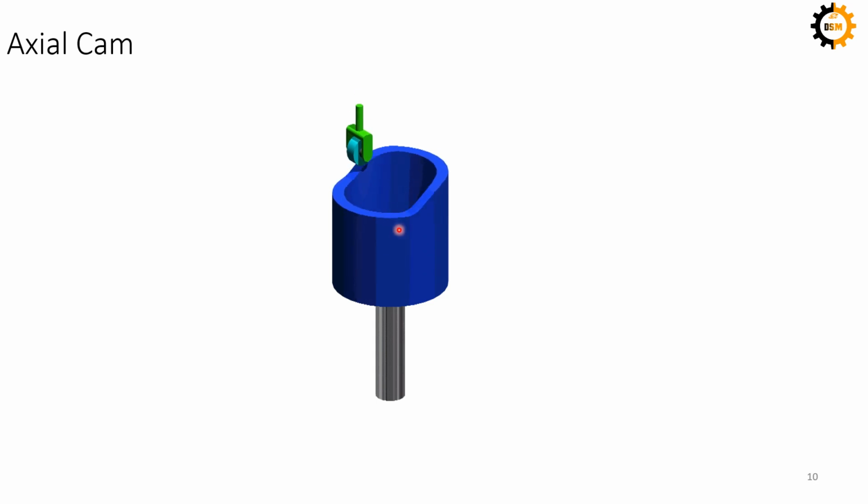Okay, so this is another example of axial cam. So you can see that the axes are vertical for the cam. If I try to draw it here, this is the axis of the cam, and also the follower is moving in the vertical axis. So these axes are parallel to each other. That's why we call it axial cam. Also you can see based on the type of the motion of the follower, it is a translating follower. And also you can see that the type of follower is translating and radial. Okay,